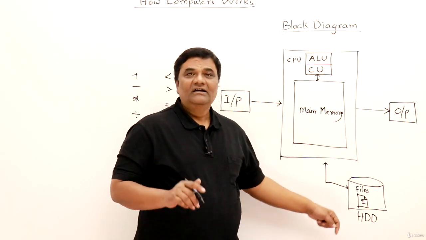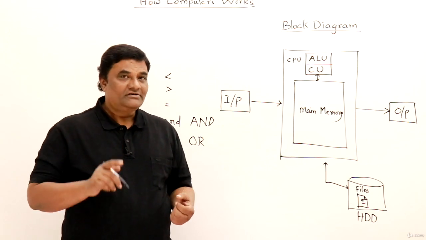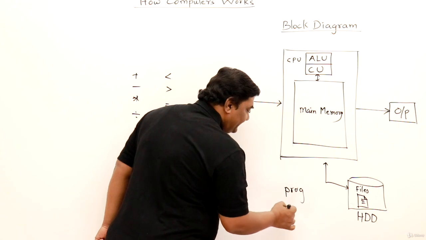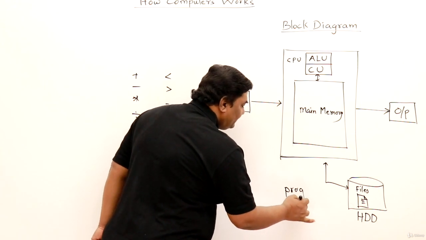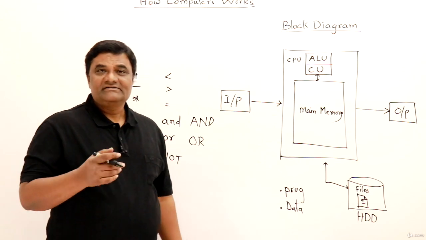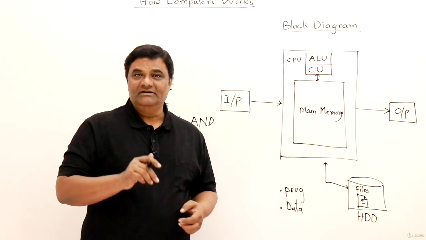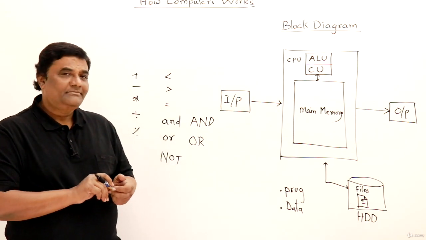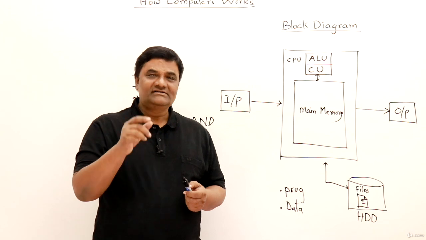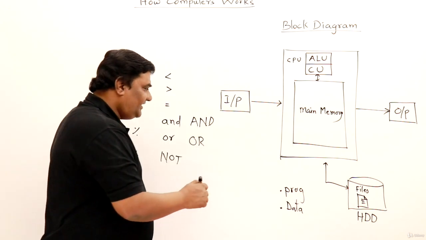Now next thing, let us start from here. This is the hard disk. Hard disk will contain files, and those files may be of two types, either program files or data files. Like if you take an example, Notepad on your PC is a program file. When you open Notepad, it's a program. So there is a file available. Basically, we click on some icon and the program will start. But if you look into My Computer and folders, somewhere you will find a program for Notepad, and its file name will be